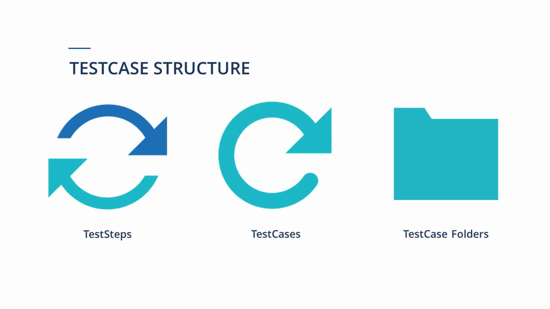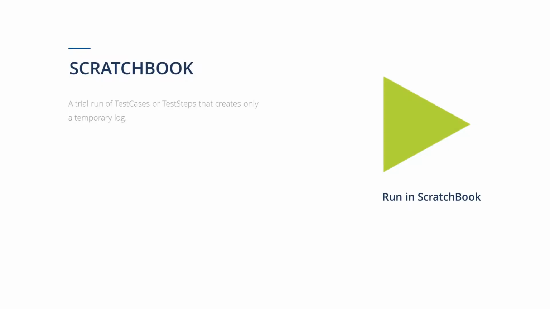In previous lessons, you've learned how to populate your test case with test steps. Now it's time to see if your test steps, test cases, and test case folders are working as intended. We can trial run them in the Scratchbook. This is particularly helpful when you build a new test case or you want to examine elements of a failed